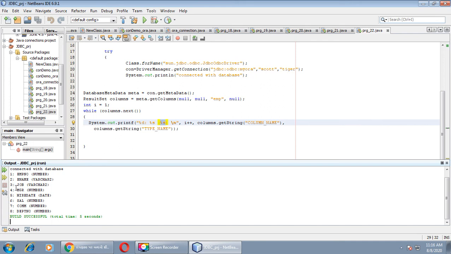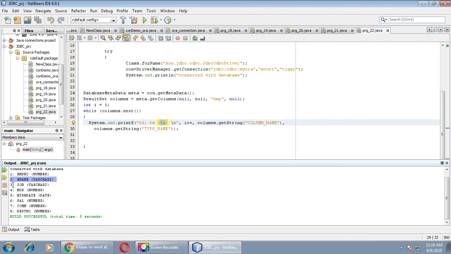Let us go through the output. Number 1, employee number, and the data type is number, which is enclosed in a pair of parentheses. During the second iteration we get row number 2, the name of the column is ename, and the data type is varchar2.